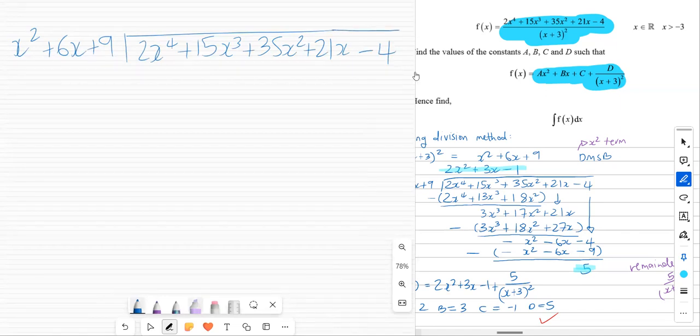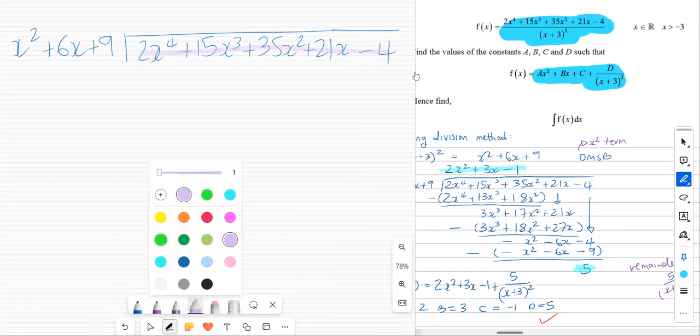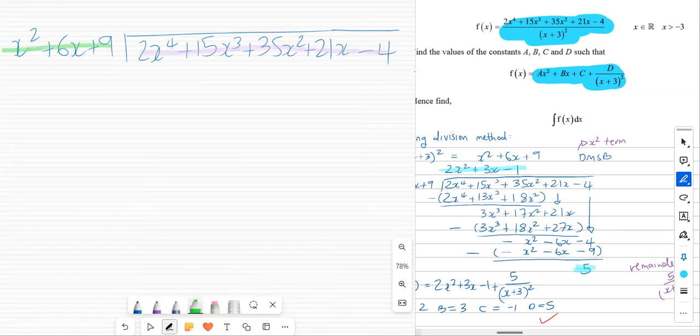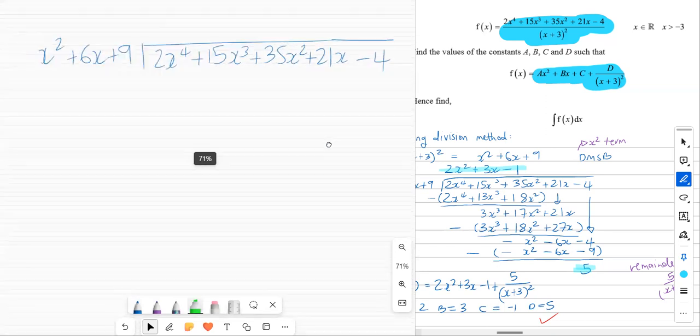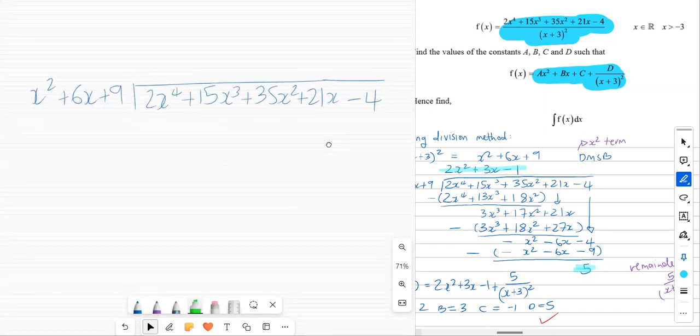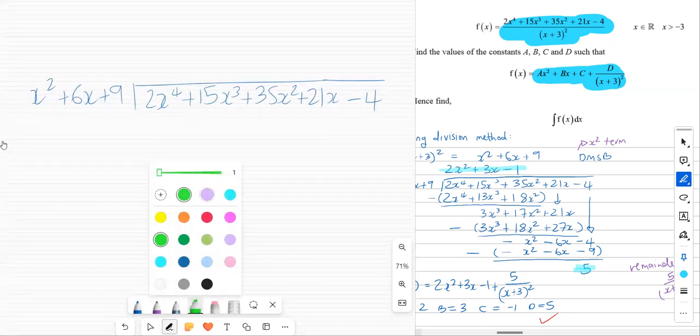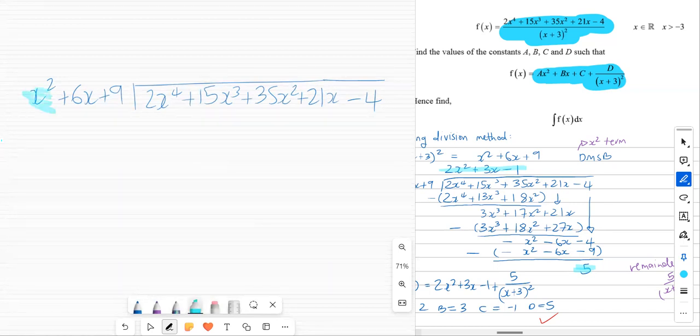So this is what we want. We're dividing this by this. Okay. So how do we do it? Well, it's good old-fashioned DMSB. Same thing, only you divide by the x squared term. So every time you divide by the x squared term. Okay. So it's just this, it's just, let me put this underneath. It's just, you